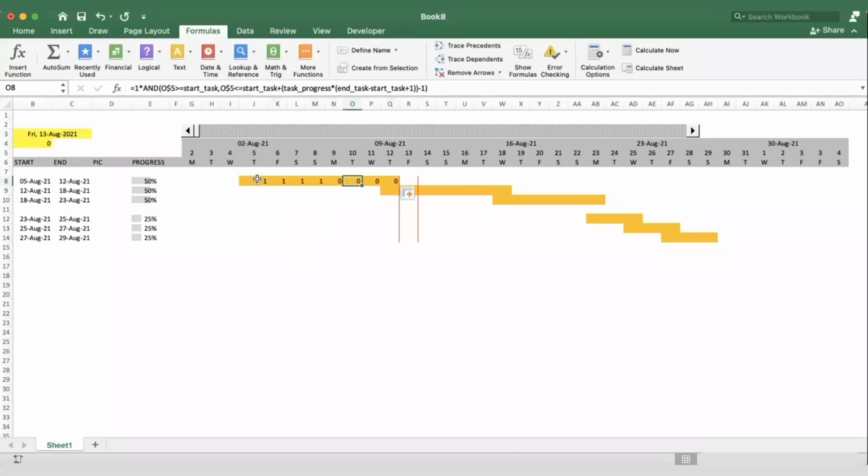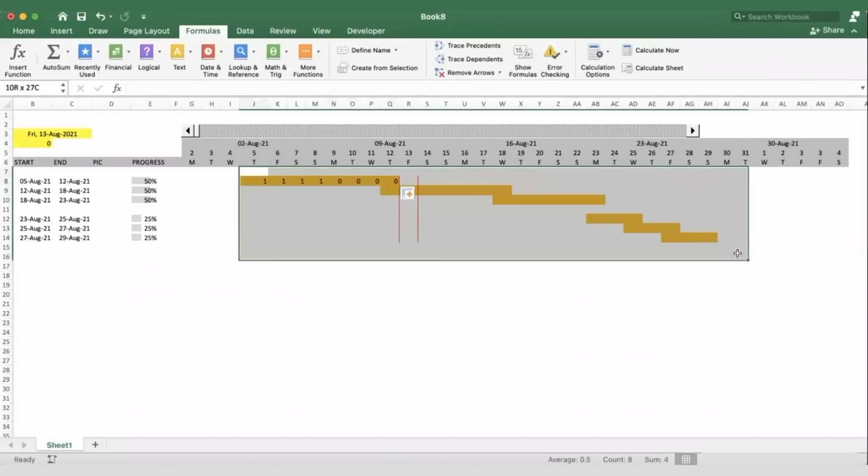What we want is that it will also show a shade similar to this to show that this has already been completed, and those that are not completed yet will just remain as yellow or light yellow colored shades. So what we will do, since this formula already works, we just have to copy this and apply this in conditional formatting. We need to copy this range,